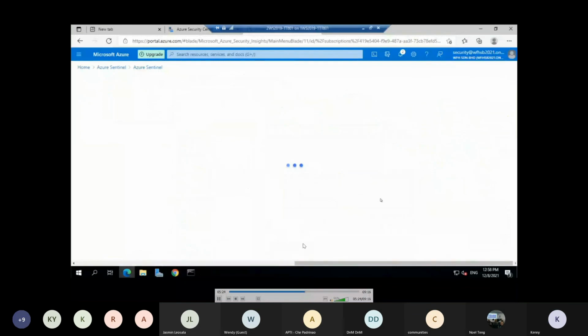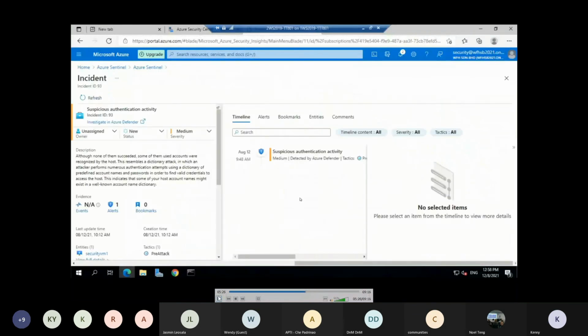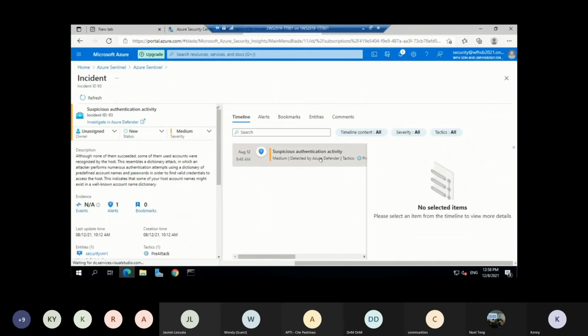Another interesting part is that this is not generated by us. So, suspicious authenticated activity. I have a virtual machine in the cloud that's running and has a public IP. Nothing has been done to it. We just put a public IP, and just by having it up on the public IP, there's already an attack on the